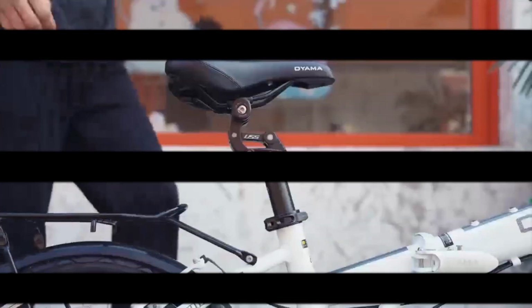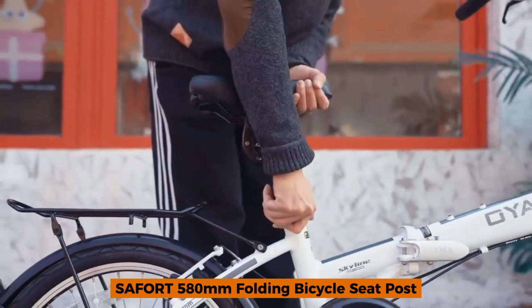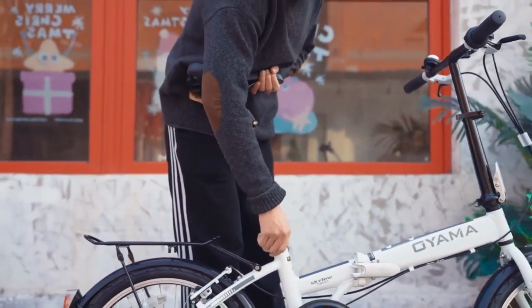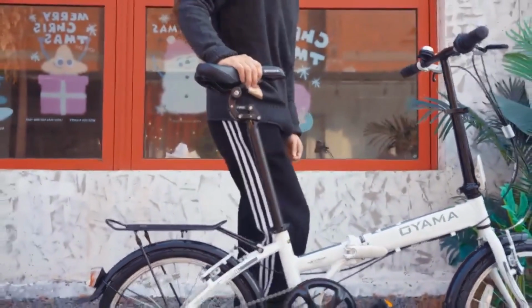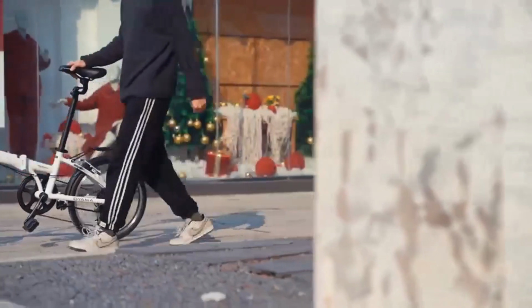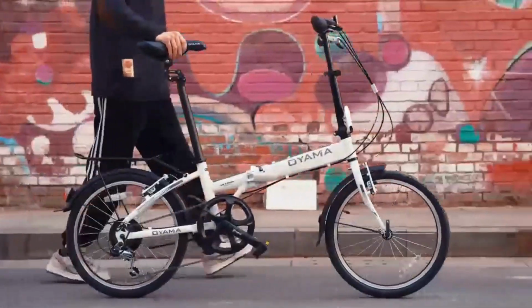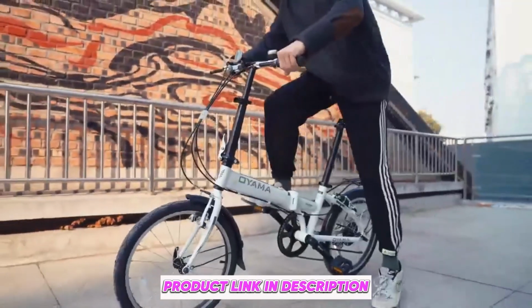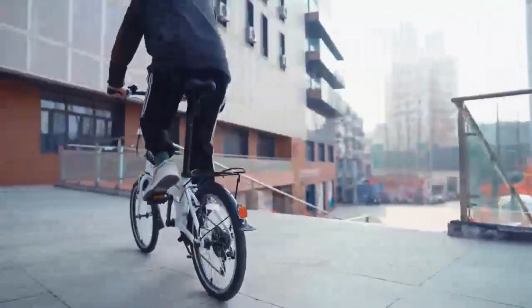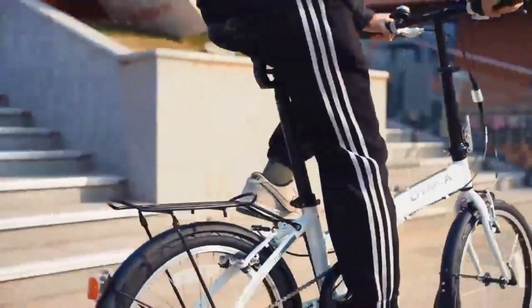Number 3. The SAFORT 580mm folding bicycle seat post offers exceptional versatility for folding bikes, scooters, and gravel road bikes. Its innovative 4-link suspension system ensures a smoother ride by absorbing shocks effectively. With a robust alloy construction and additional tools like a protective sleeve and wrenches, it's a practical choice for commuters